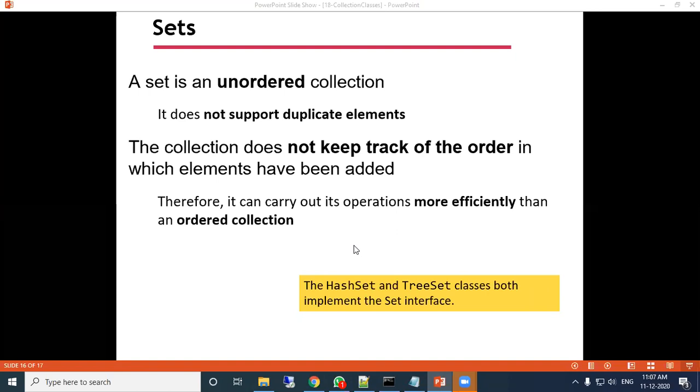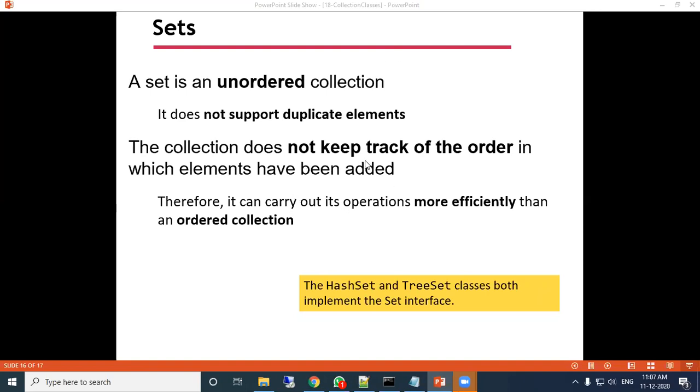So the difference between the array list and sets is, in the array list you can put the duplicate data. In sets it automatically removes the duplicate data. You know set in mathematics, same thing is here.